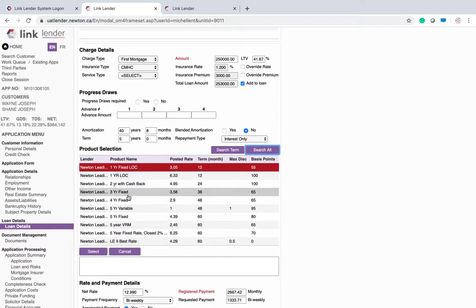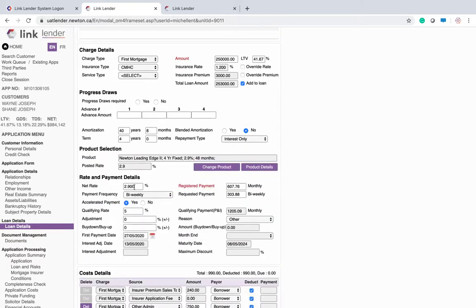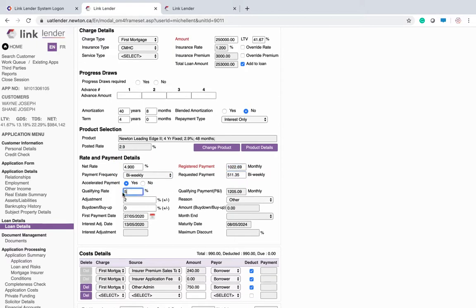Let's say I'm looking for the 4-year fixed. Then by searching all, I will find the 4-year fixed. I will select it, it will plug in that posted rate, and then I can make adjustments if I need to qualify this rate based on something bigger. So I want this client to have 4.9. I would type that in here instead. Biweekly payments, qualifying rate,